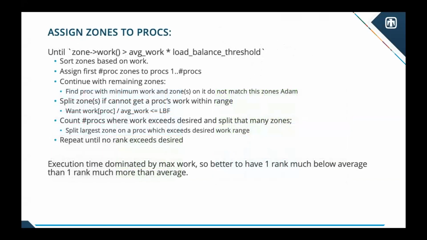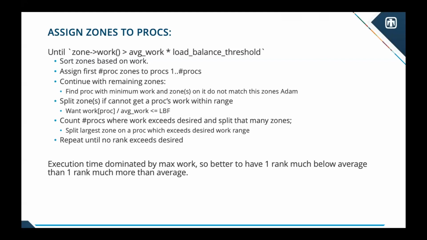And now we say, okay, we've got these zones split. How do we assign them to ranks? We basically sort the bottom level child zones based on the amount of work that they have. We start assigning in a greedy method to the ranks as we go. Once we get all of those assigned to the number of ranks that we have, then we start filling in the remainder to try to say, okay, this rank still needs some work,